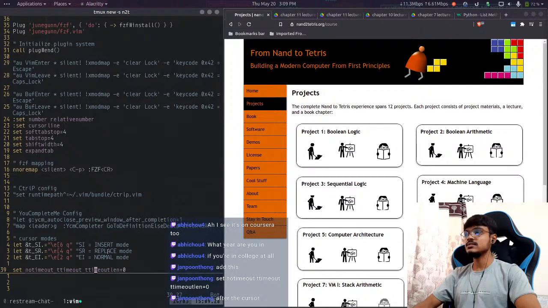Okay, like this. Should it be in a single line or separate lines? Yeah, so